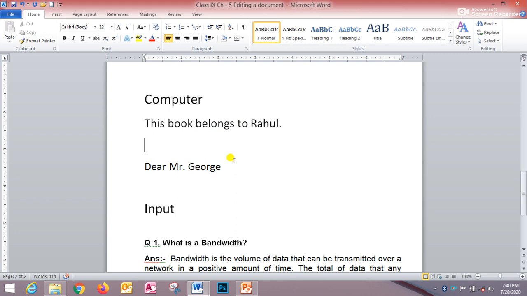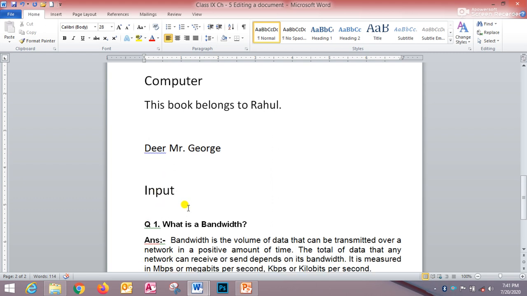Next is blue wavy line. A blue wavy line under any word refers to a contextual error. Now have a look. This is the word dear, right? So first of all, what does contextual error mean? Contextual error occurs when a correctly spelled word is used mistakenly for another word.